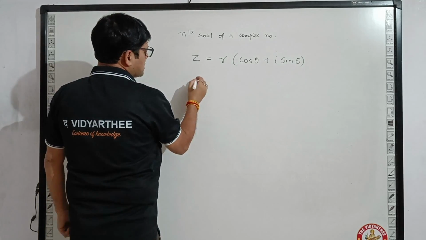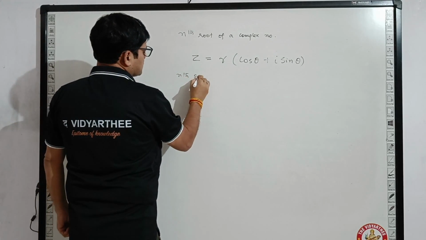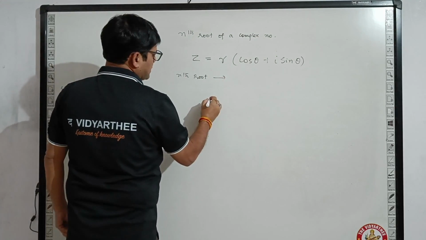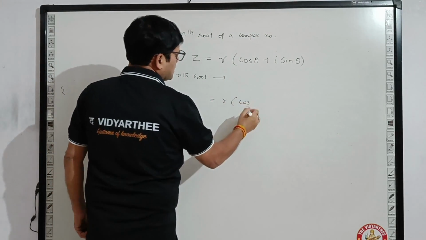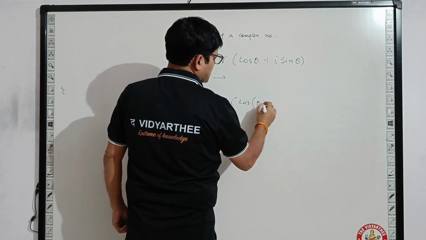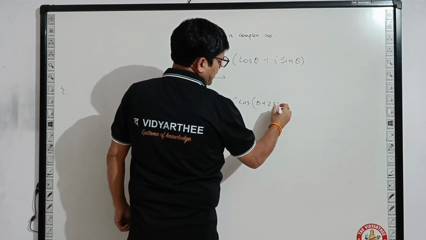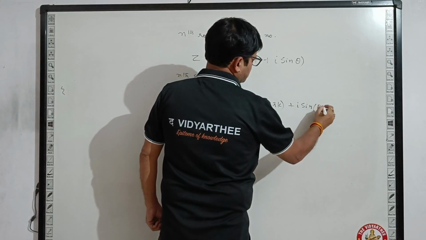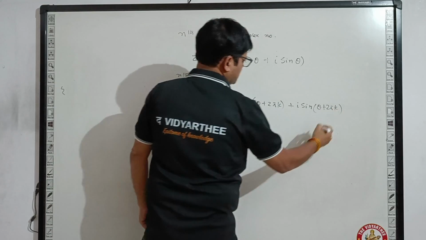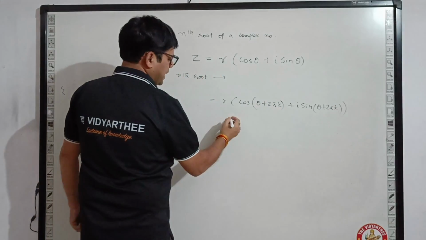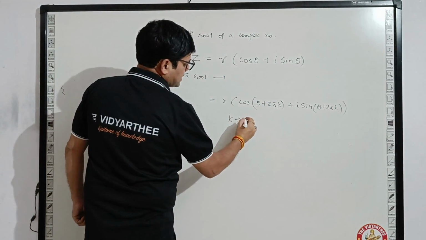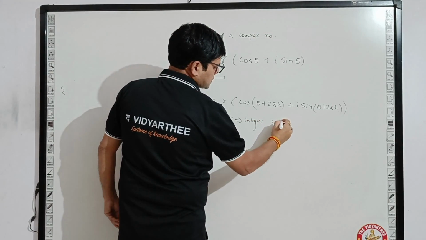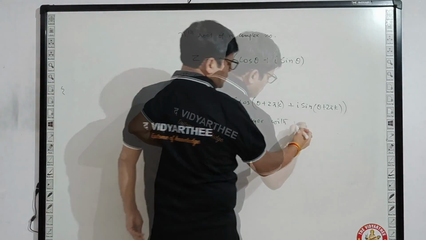So what we'll do is the nth root, right? The nth root can be written as r cos theta plus 2 pi k plus i sin theta plus 2 pi k. So what is this k? Where k is an integer, with integer values